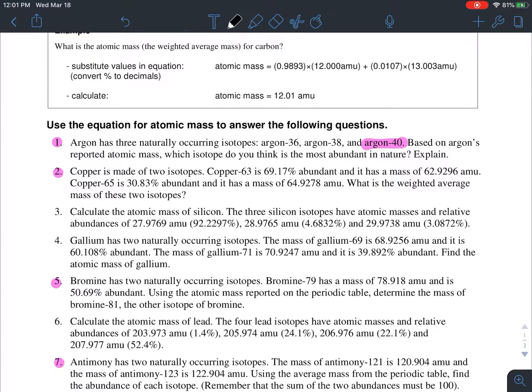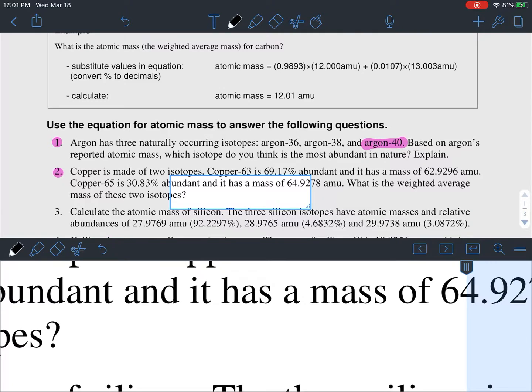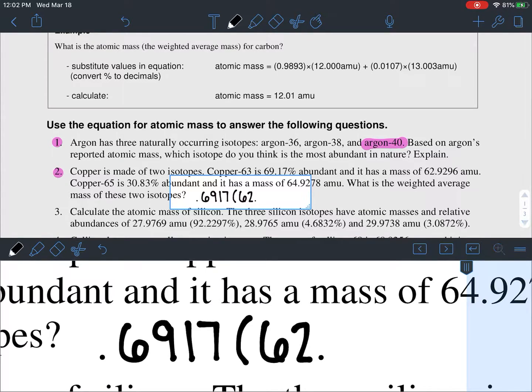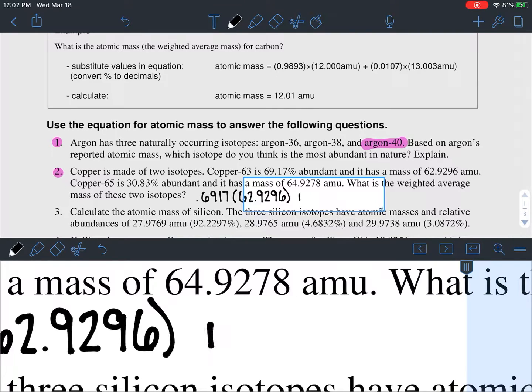Okay, to set up this problem, it's really straightforward. Copper-63 is 69.17% abundant, so I'm going to write that as 0.6917, and it has a mass of 62.9296. I'm going to keep all of those numbers as I write this out because they gave them to me. In my final answer, I will be rounding to the hundredths place, so I will adjust at the very end. And then there's copper-65, which is 30.83% abundant,